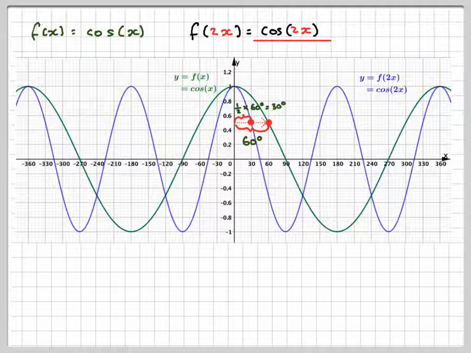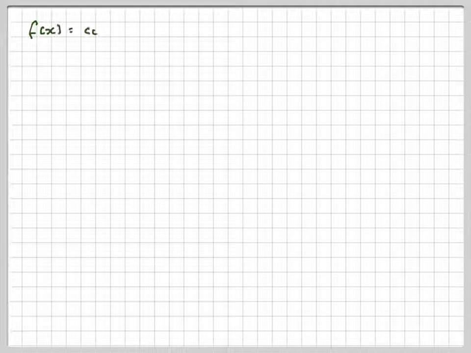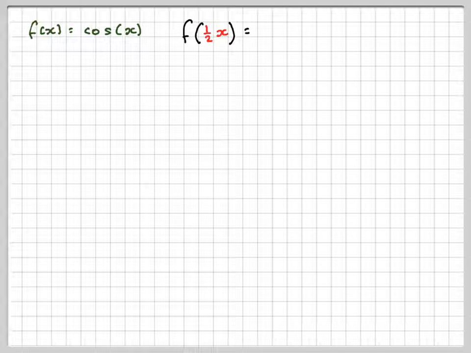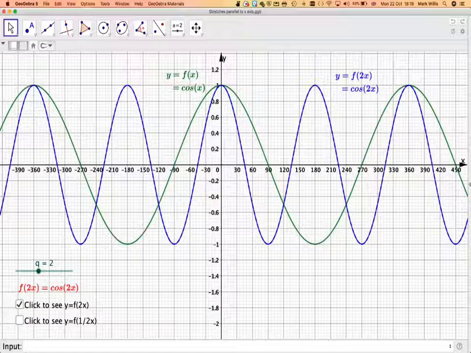Now let's take it a stage further and look at f of x is equal to cos x, and we'll now do f of half of x. Well, that's just going to be cos of half of x. Let's see what that means using the GeoGebra applet. So we'll go back to the GeoGebra applet, we'll put the q at 1, so that now corresponds to the